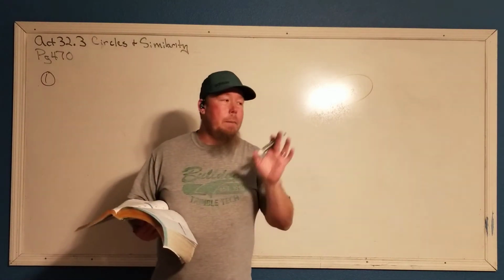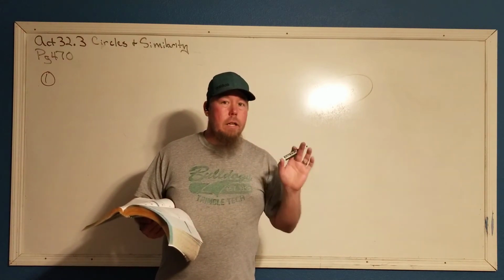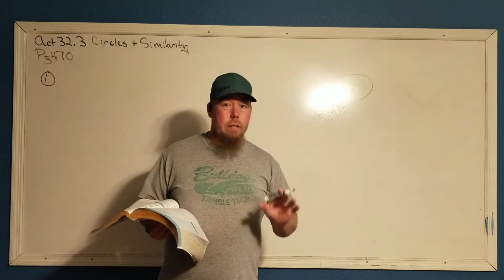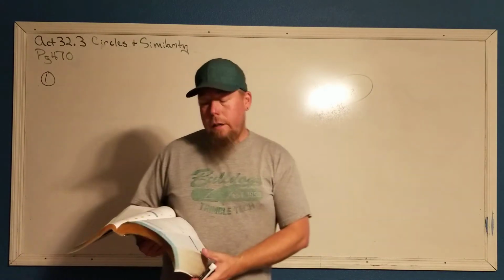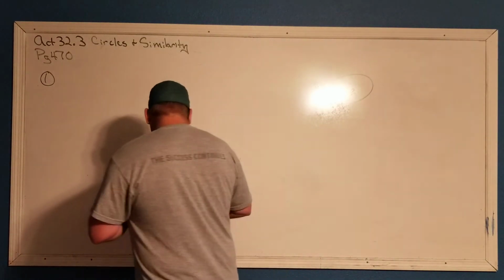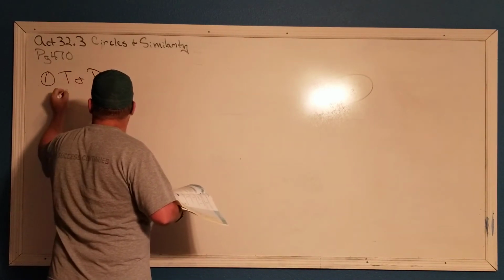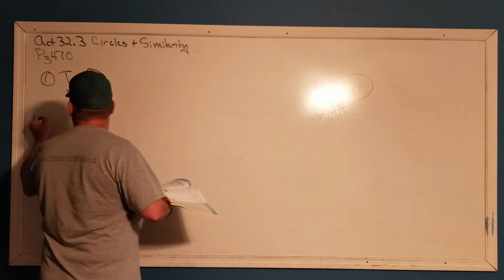Any circle can be mapped onto another by a translation and a dilation. That's all it takes. All right. So for number one, that's how it would take a translation and a dilation. Okay. And the answer is yes. Number two,